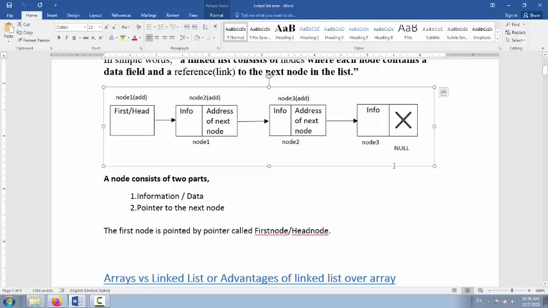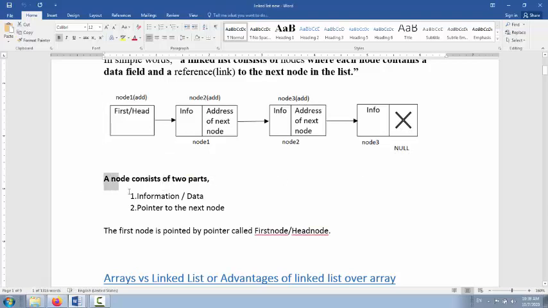The cross means what? It is a null value. So further links are not available, or we can say we stop the link of the particular things at that particular node. That is indicated by using the cross, or it can be indicated by using null in the programming language.